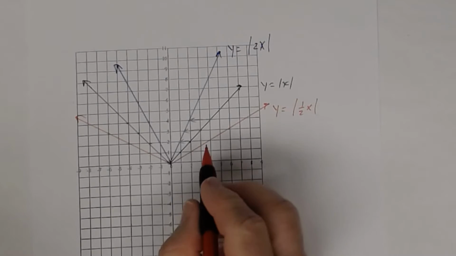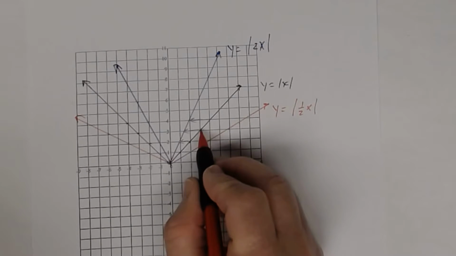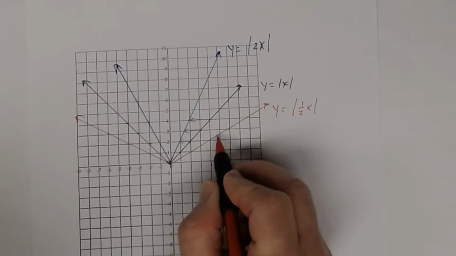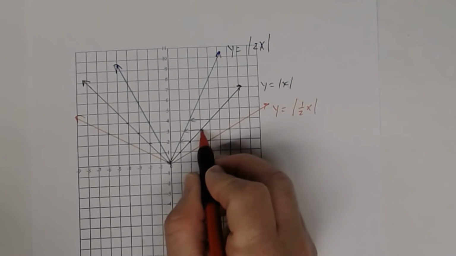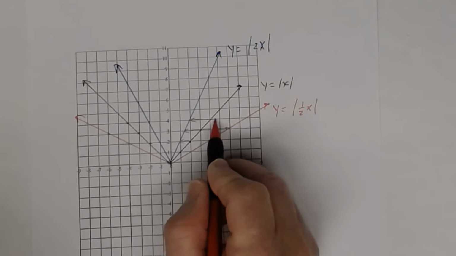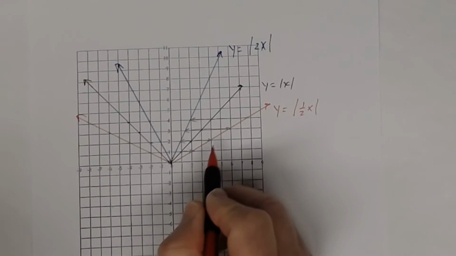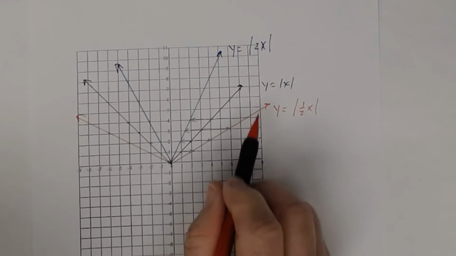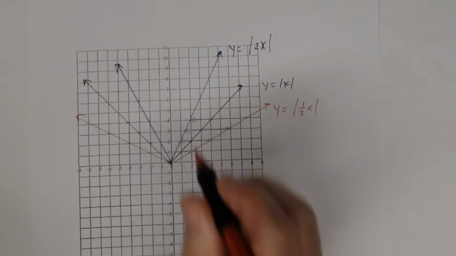All right. So notice I'm horizontally going to the left here, and then the same thing here to go from the parent function to this orange graph, which is y equals the absolute value of 1/2 x. I went to the right. See this? Just like this. All right. Now, so that's horizontal. So we know that we're dealing with a horizontal here. If the number's on the inside, we're dealing with a horizontal